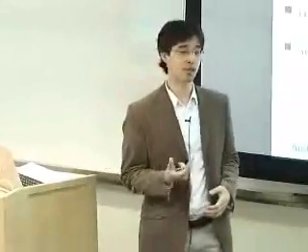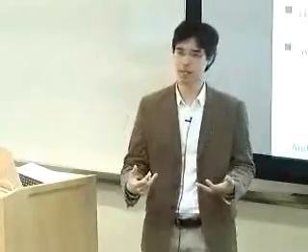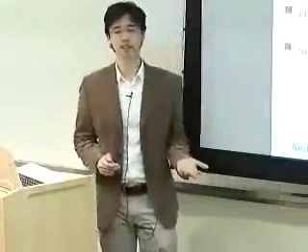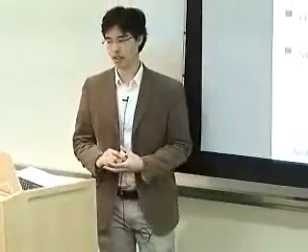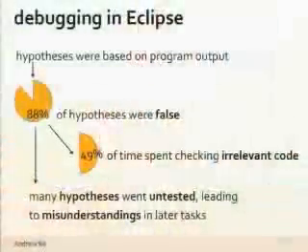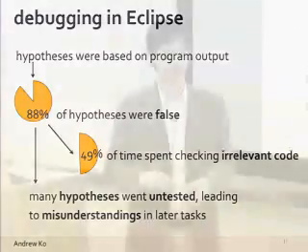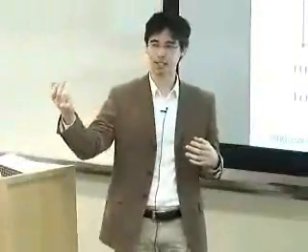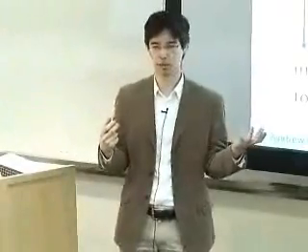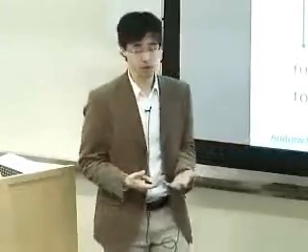And I screen captured all of their work while they were working, much like the videotaping, so that I could go back and see what they were doing on a minute-by-minute basis. And what I found was a lot of the same things in the Alice study. When people saw their program fail, they would speculate about its causes, and they would reason about this in the level of output. So why didn't something in the output happen? Why did something in the output happen? Not at the level of code.